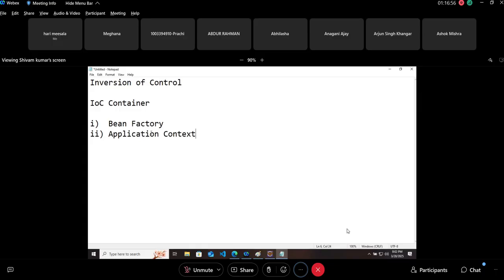So bean factory is the older method, which is not in use now, but when you come on Tuesday, I will show the explanation of this. Why don't we use bean factory now? Because it supports only XML. First problem, it supports only XML. What does application context support? It supports XML, Java, and annotations. We can write our code in Java, what is more beautiful than that, right?